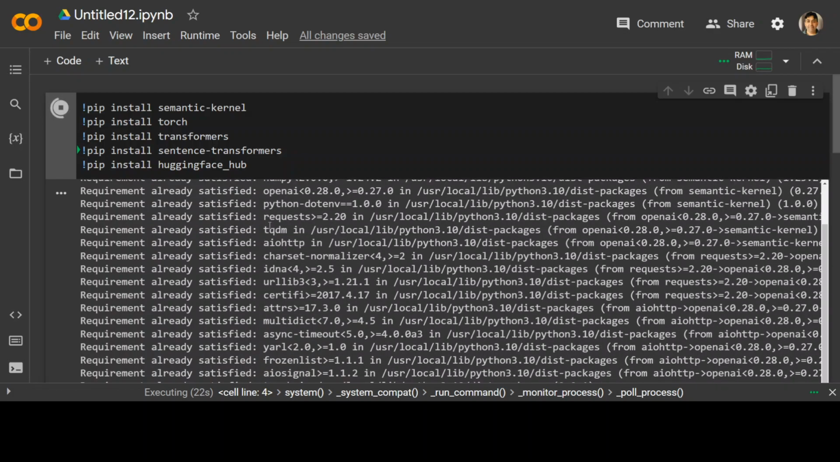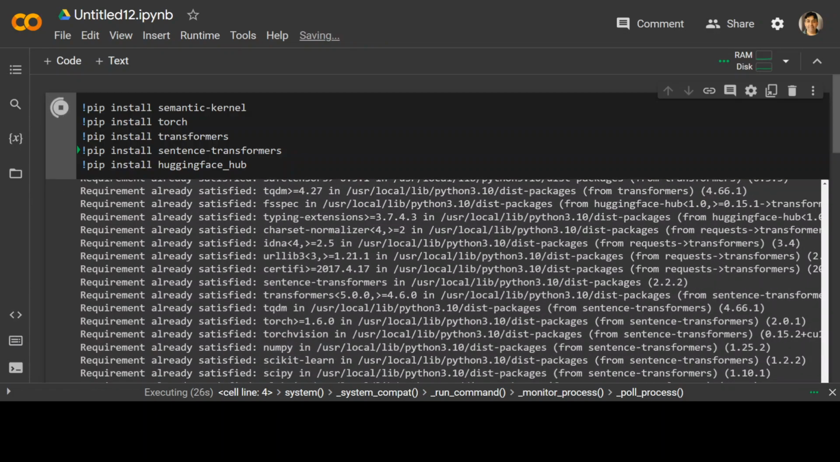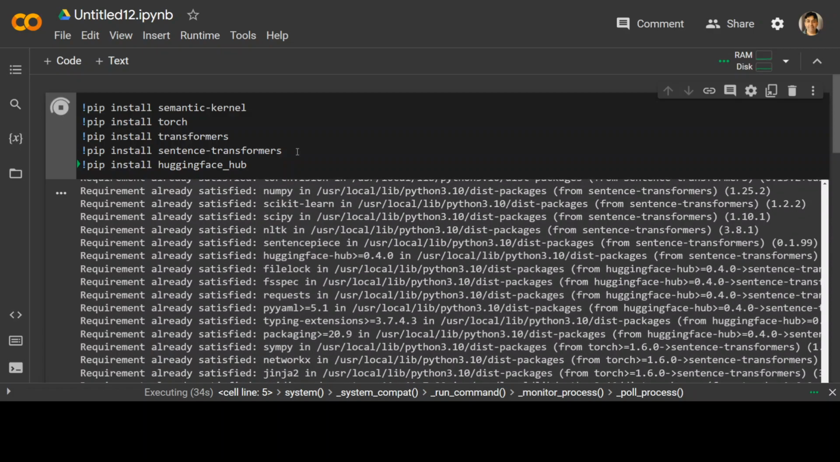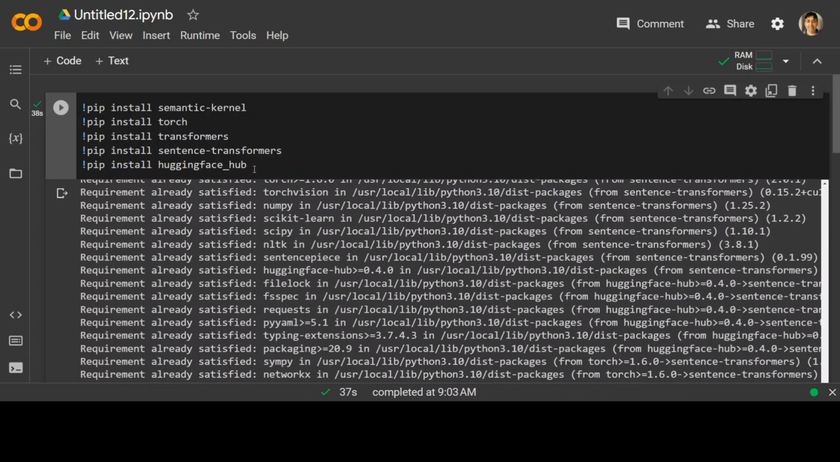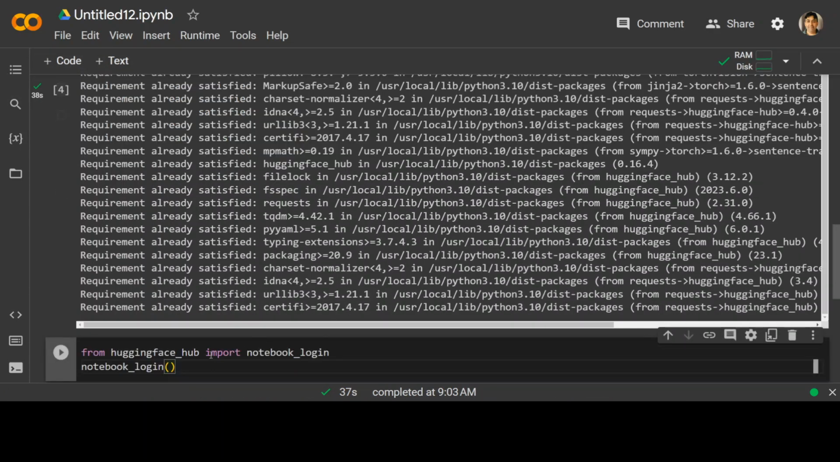So let's wait for it to finish. It takes a couple of minutes because these are somewhat heavy libraries. It's going pretty quick, which is great. And it is at the last leg of installing Hugging Face. That's done. The next step is to log into Hugging Face